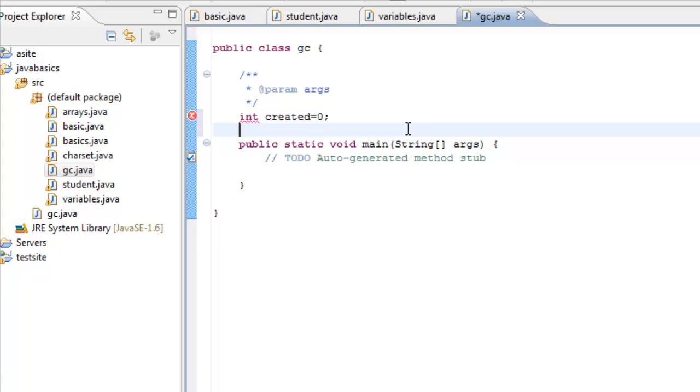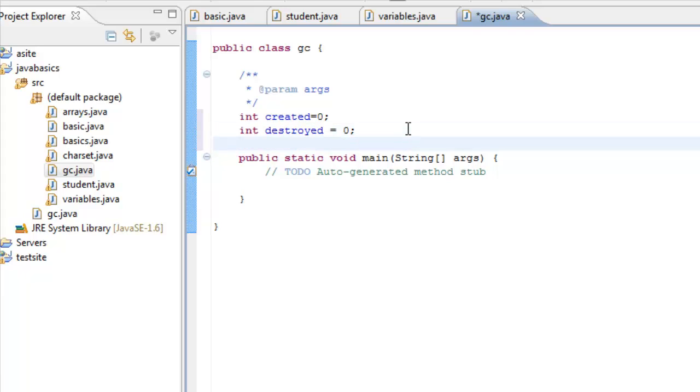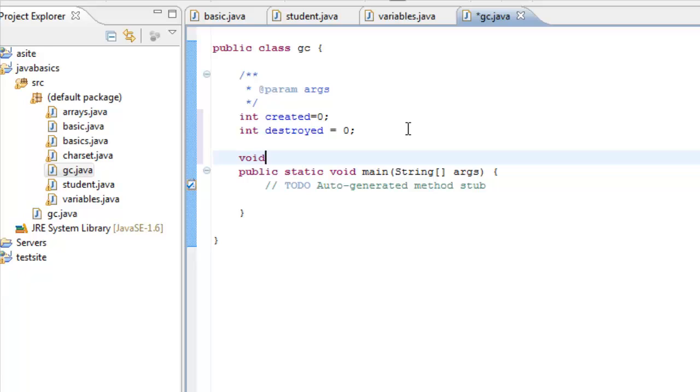So this will keep track of the number of objects that have been created, and this I'll take as a counter that gives a count of the number of objects that have been destroyed by the garbage collector. Now I'll create a method called show